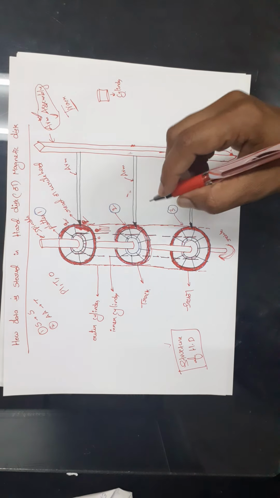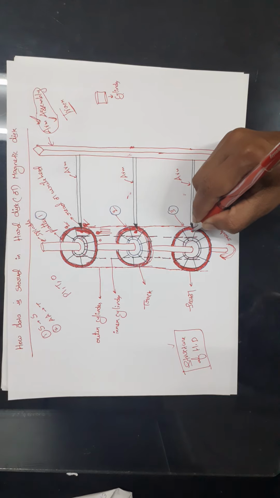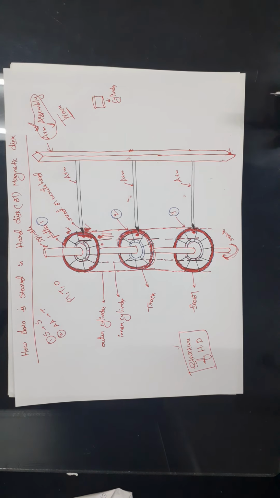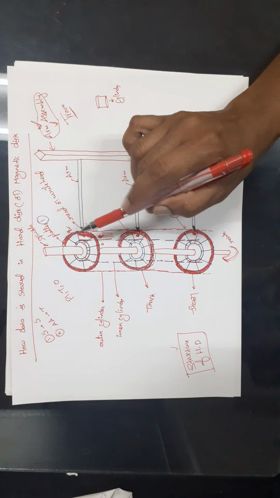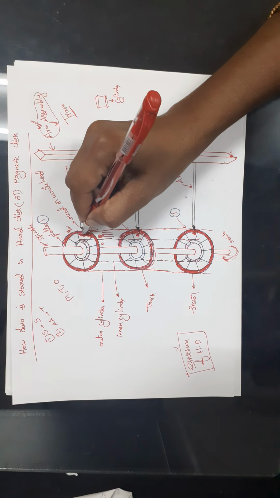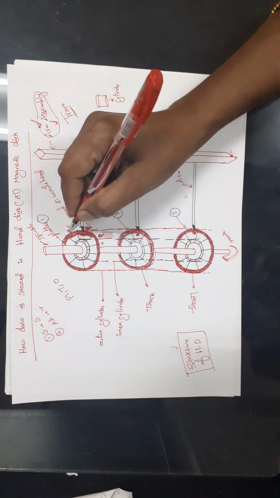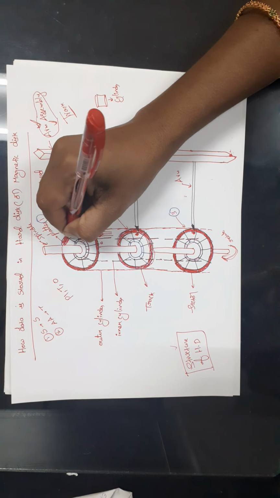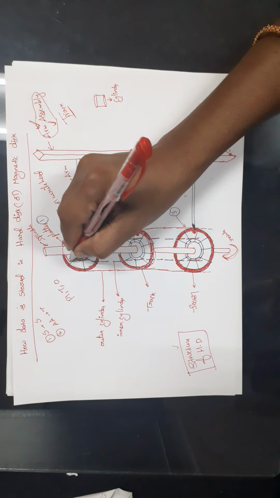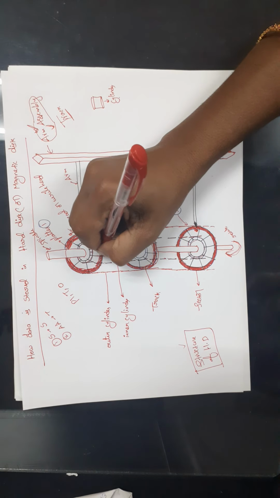The first arm points to this sector, the second arm points to this sector, and the third arm points to this sector. After placing the arms at these locations, the sector at this location is filled. Next we should fill this sector, right? That means we should rotate the spindle. We follow the same steps and fill the next sector. Like that we should fill all the sectors of plotter 1.